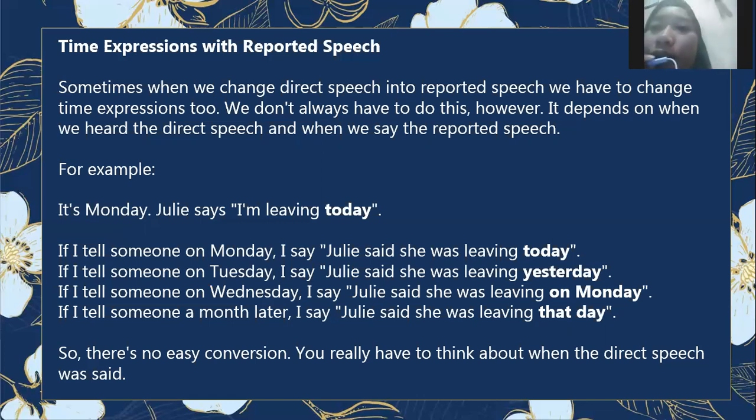Time expressions with reported speech. Sometimes when we change direct speech into reported speech, we have to change time expressions too. We don't always have to do this. However,